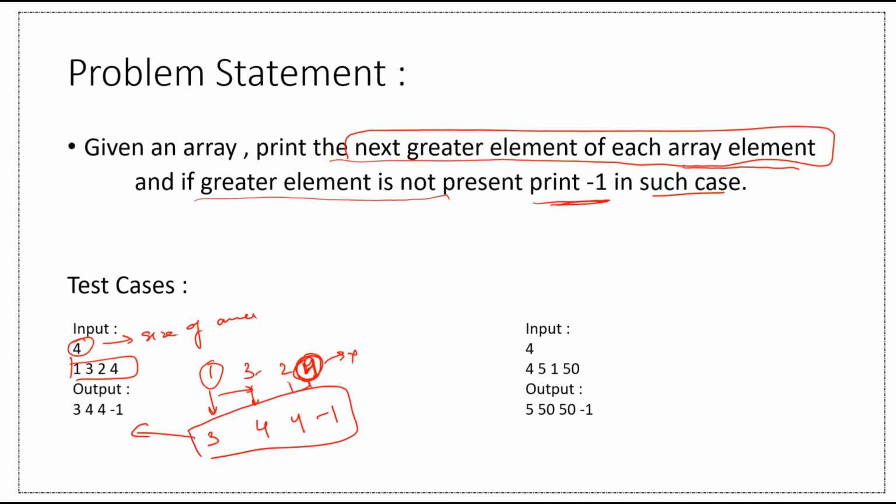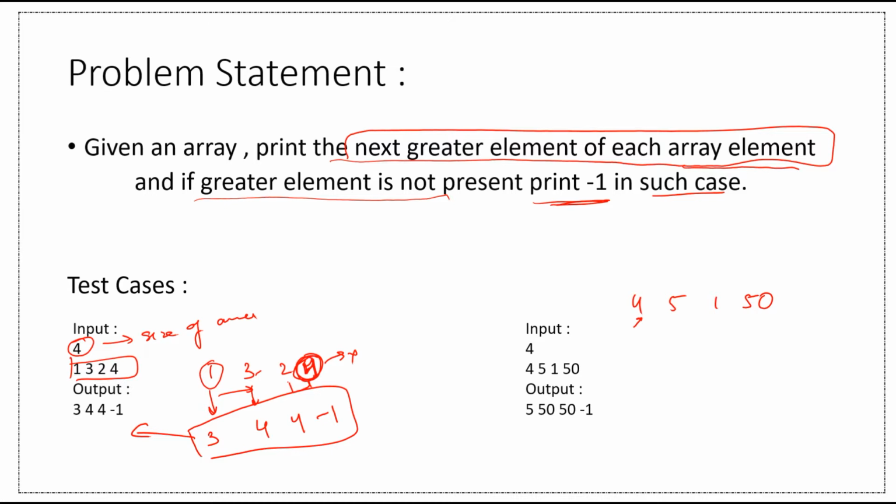Okay, so here is another test case. This is n is equals to 4. Okay, and this is my array. So 4 5 1 50. Okay, so what it is saying, first we will look at 4. So do we have any greater element than 4?